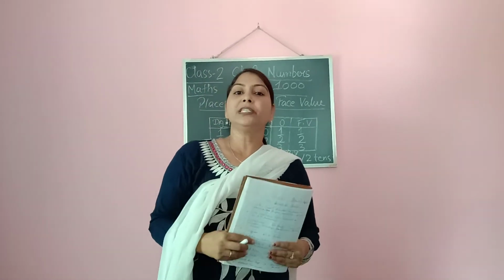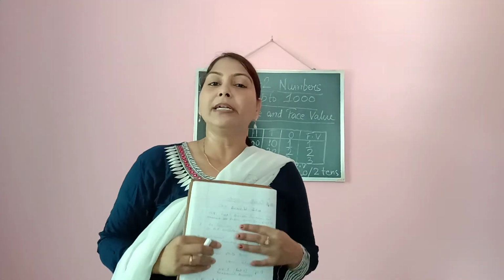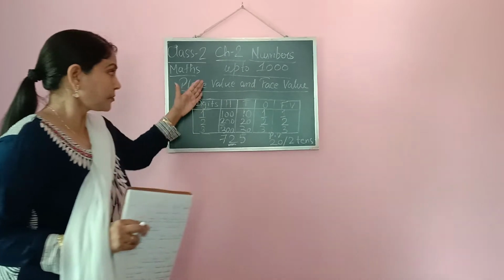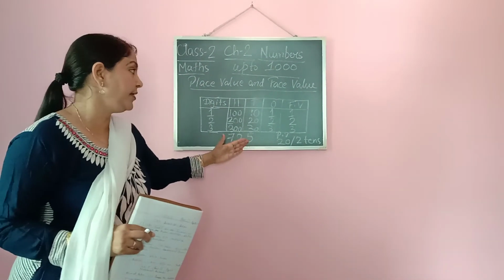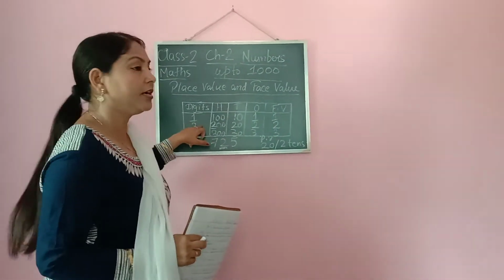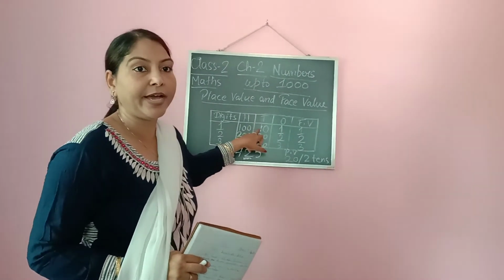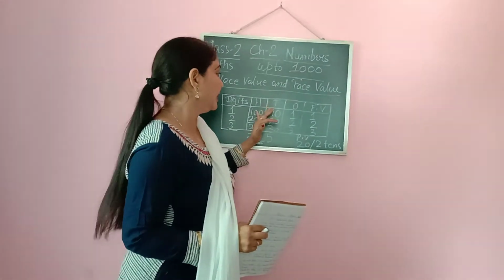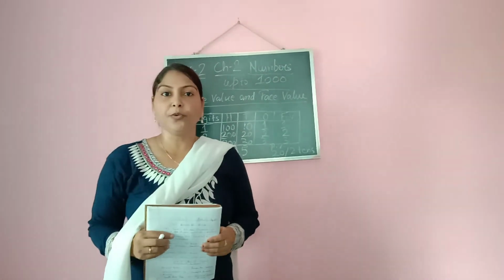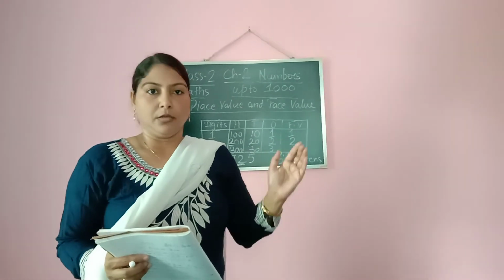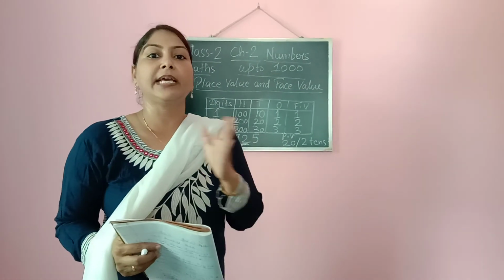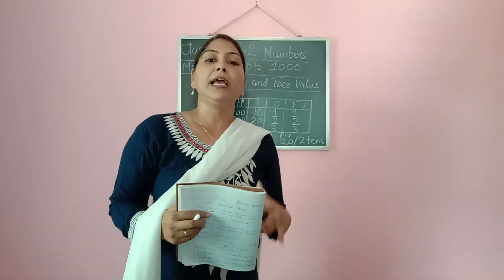Okay, so in this video only this much. Try to understand the concept of place value and face value. You see, it is very clearly explained here. What is place value of a digit in any number? Like here, how we write the numbers in different places. Okay, and the face value also I have explained to you. So just go through your book also. There in your book also there is one place value chart. You can read from there and you can understand.